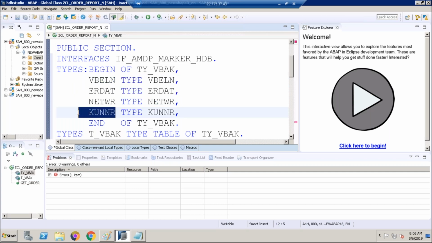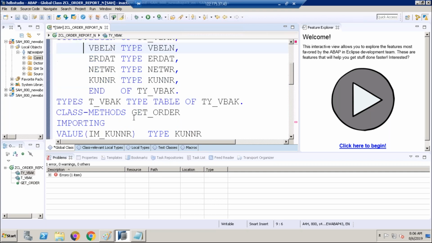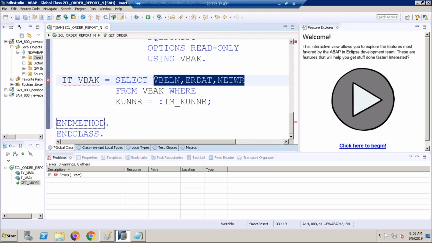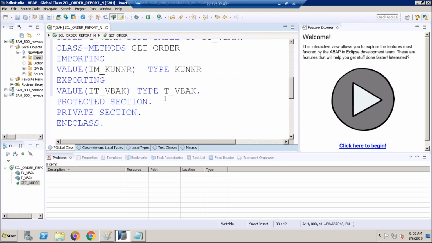In ABAP, tell me, is it an error or not? Suppose you have written four fields in the structure, but in the select statement you are writing 3 fields only. In ABAP it's not an error, not at all an error, guys. But it's an error here. In AMDP, you need to write Kunnr also. It's compulsory, mandatory. Now the error is gone, guys. See, that red color error is gone. No errors now. Everything is successful.